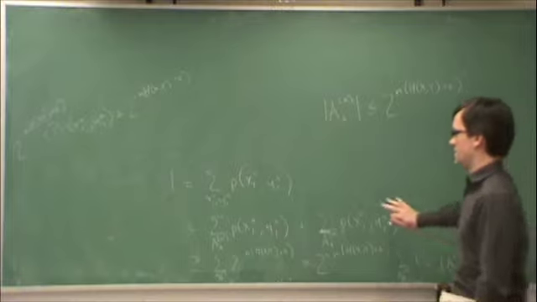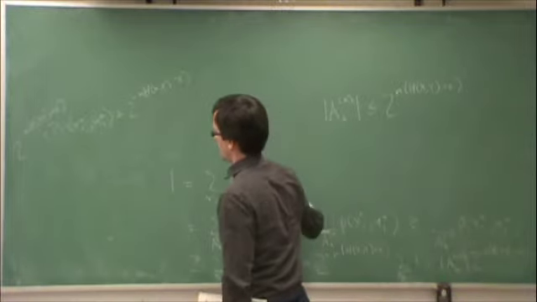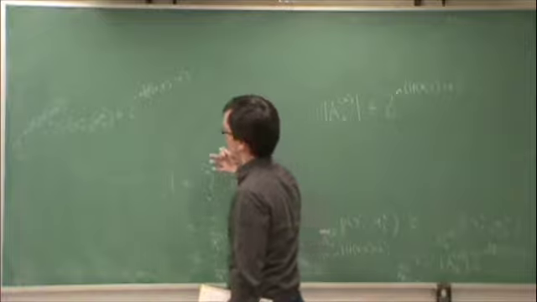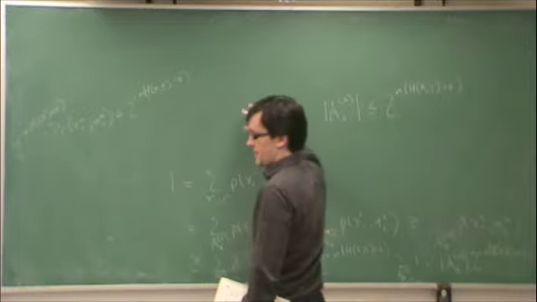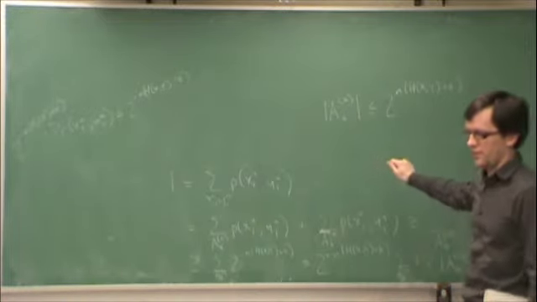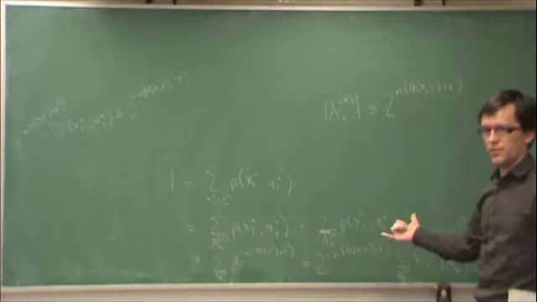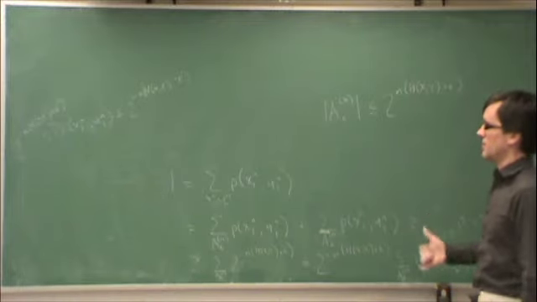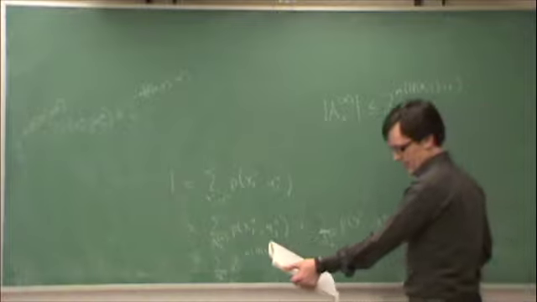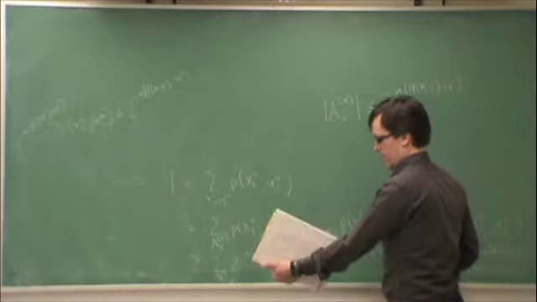Now, the lower bound is proved in much the same way, except then you use the upper bound on probability, and you use the weak law of large numbers, and that's where the 1 minus epsilon term comes from. And I'll let you look that back up in your notes from when we were talking about sources.